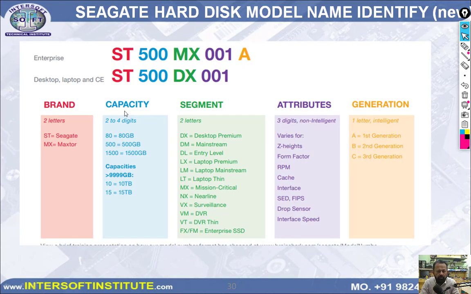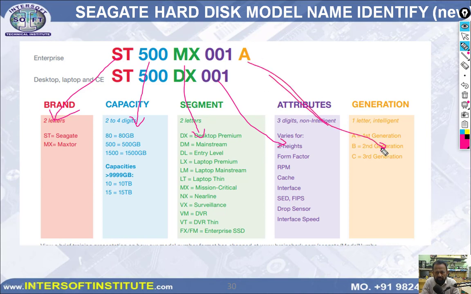In a Seagate new hard disk the model number will be written like this, ST 500. ST means this is Seagate, 500 means it is the capacity, MX DX means the segments, and this is the attributes, and this is for generation. So on a new hard disk you can see the model number written like this. For a laptop hard disk it will be LM or VM, for a DVR hard disk it will be VM, LM, laptop stream, NX, VX, surveillance hard disk, these different types of hard disk they have mentioned in these points. Okay. Next,